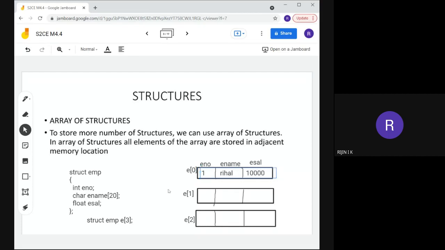Similarly for the next employee, employee number is 2, name is Sayana, then salary is, say, 50.